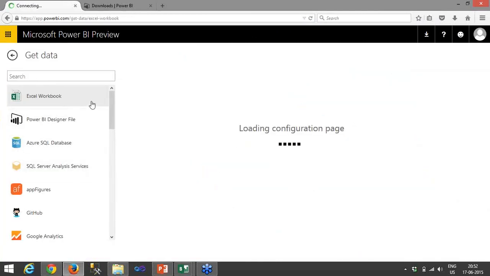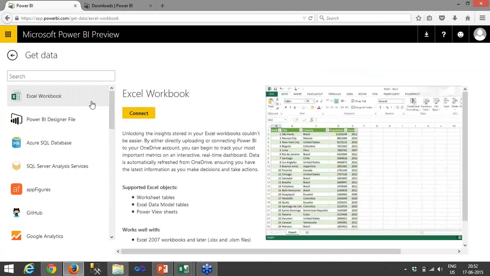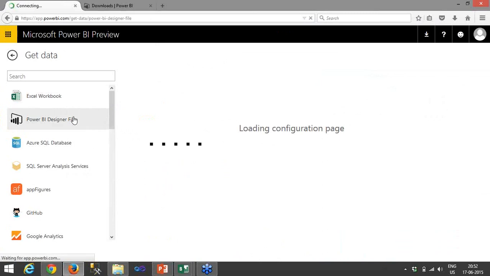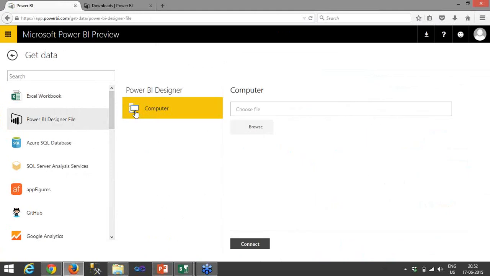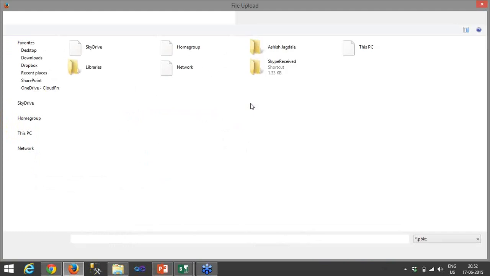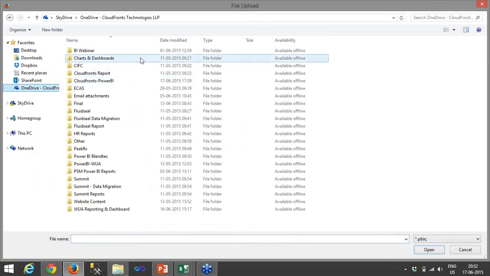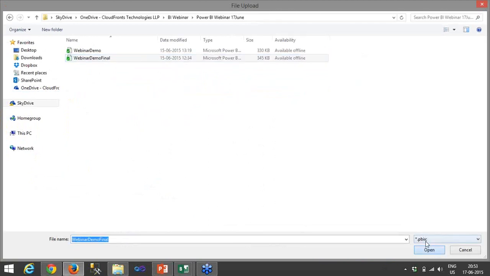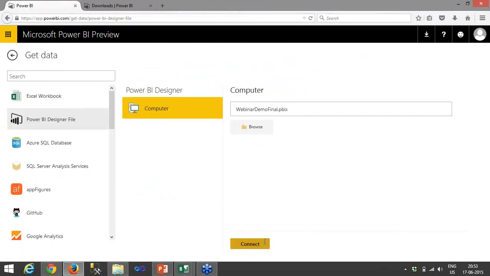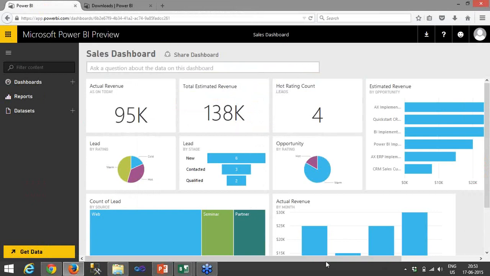I'll click on get data, and as we have developed a report in a designer file, we have an option to import the data from this designer file. I'll click on connect. I'll browse the file which I have saved right now, go to the location where I have saved the file, and upload this file. Click on connect. So it will publish this file to the powerbi.com service.